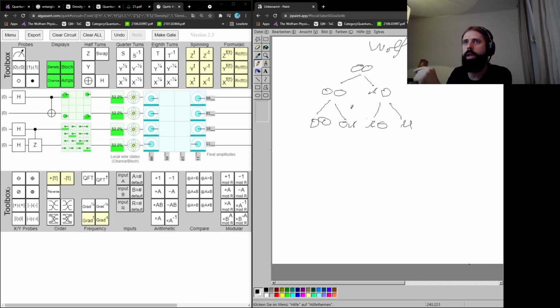Now I do a control Z on these. So we're doing this case here. Control on, say, the leftmost qubit. So this one evolves into 0, 0. This one evolves into 0, 1. This one evolves into 1, 0. And this one, right, evolves into